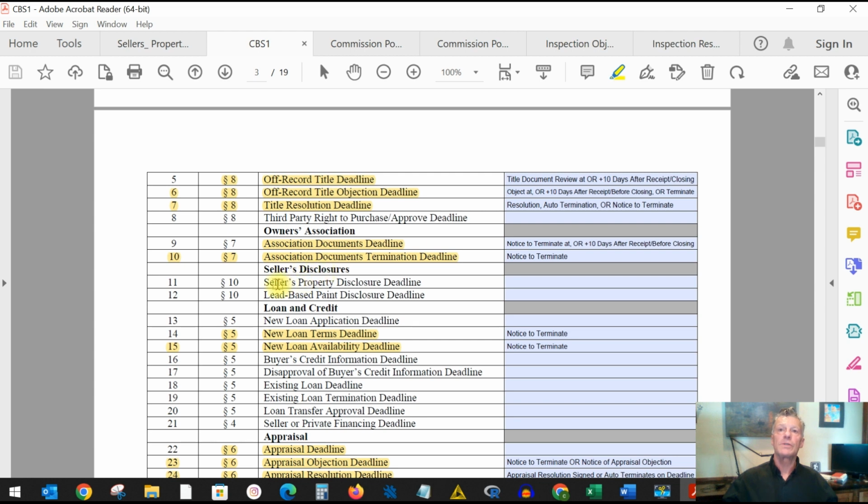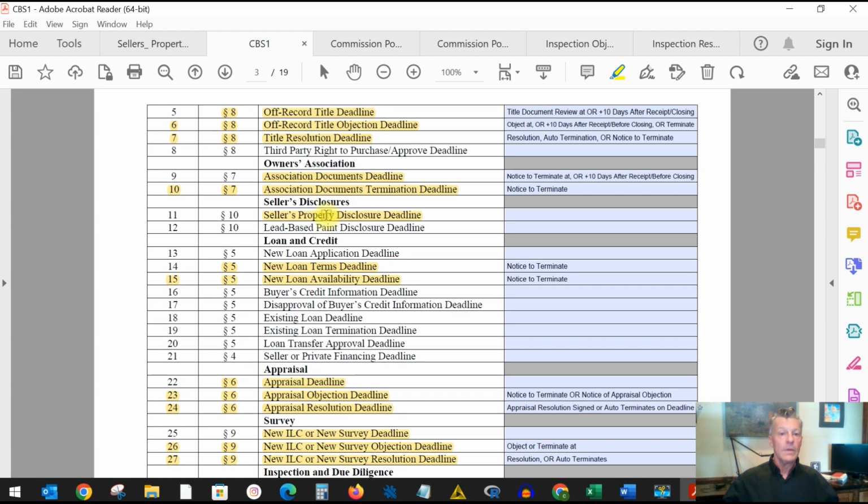Seller's disclosures. Seller property disclosure deadline. So in the seller's property disclosure, along with all the items on your grid here, on your purchase contract, you're going to have a date and time that says you should have received this by this date and time, ideally well before your inspection,